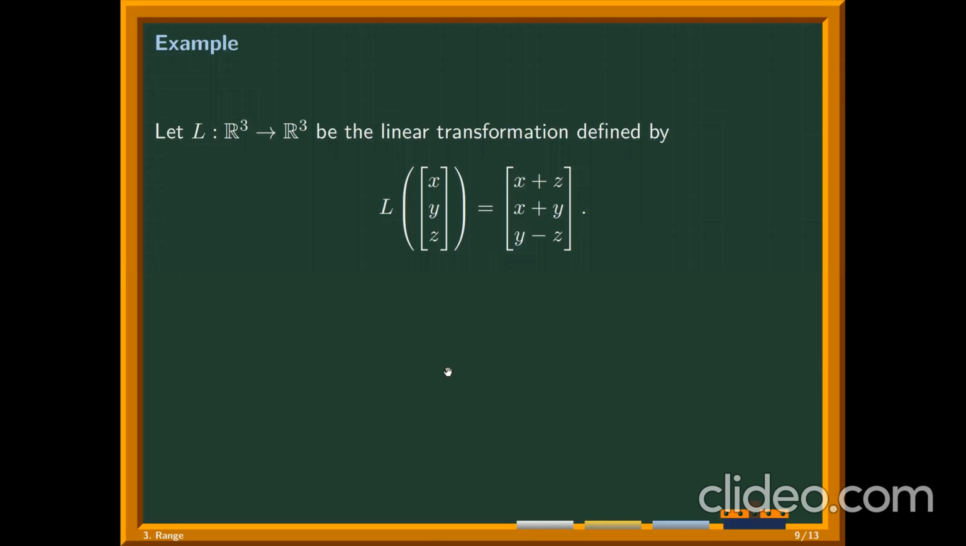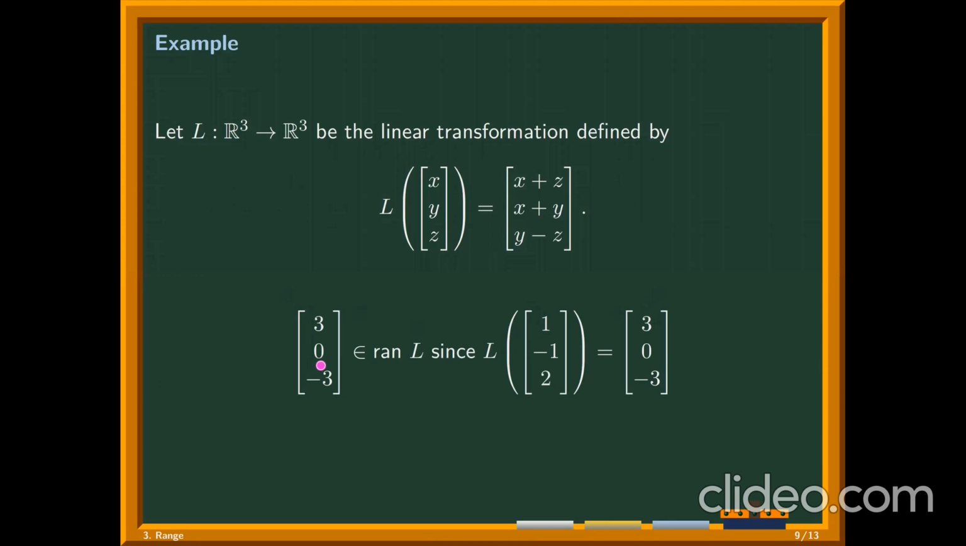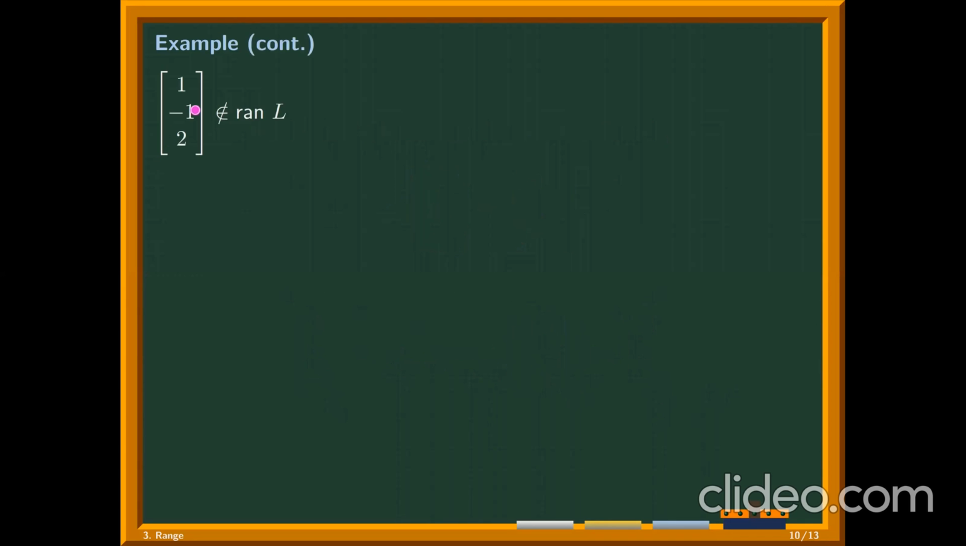So going back to our linear operator earlier, we observed that the vector 3, 0, negative 3 belongs to the range of L because 3, 0, negative 3 is the image under L of 1, negative 1, 2. 1 plus 2 equals 3. 1 plus negative 1 equals 0. Negative 1 minus 2 equals negative 3. But 1, negative 1, 2 is not in the range of L